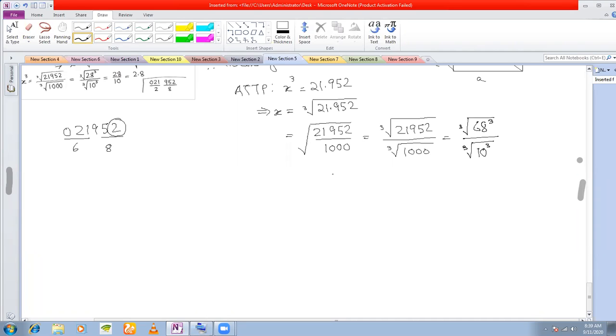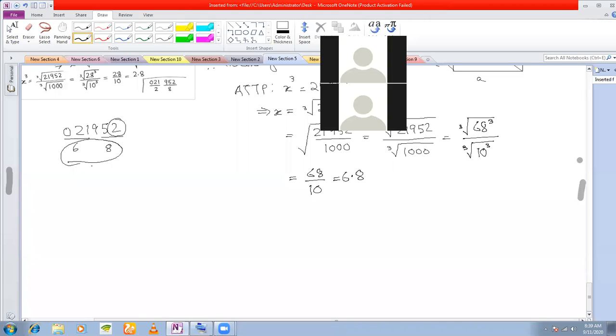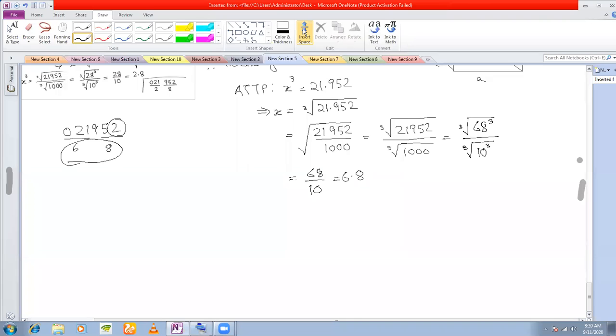Excuse me, sir. Yes. Sir, 952, the last 3 digits, 952. Then how is it 6? It should be 2. Which one is 6? Sir, this one, in the rough work which you have done. Here on the left hand side that I have done, this one. Yes, sir. Now you've got to go through the method. I think you're confused with the method. Just go through the method once again through the video. Okay. So this you will get 6.8.